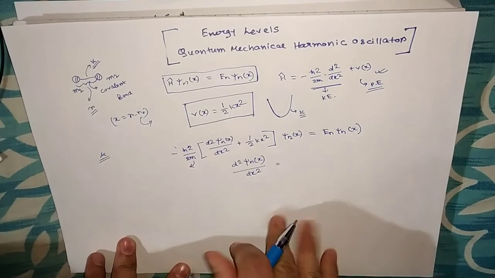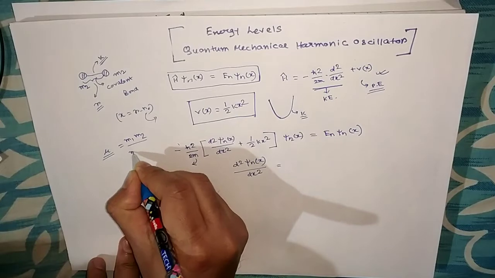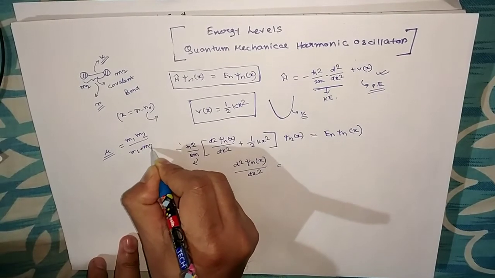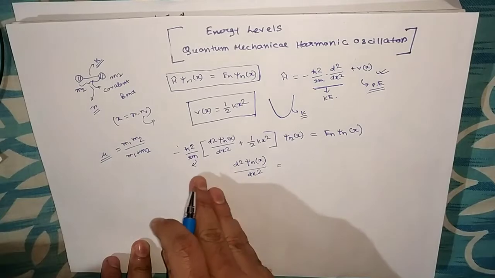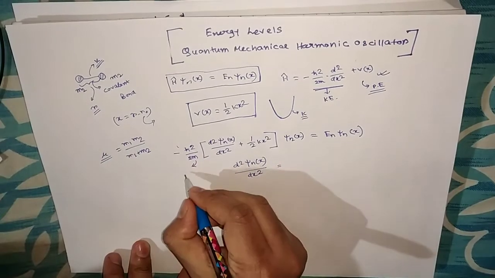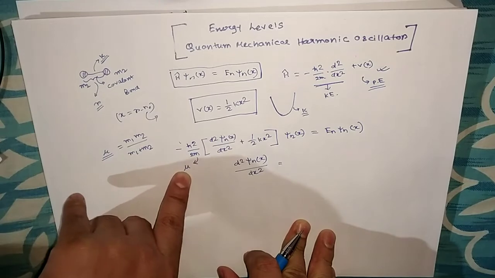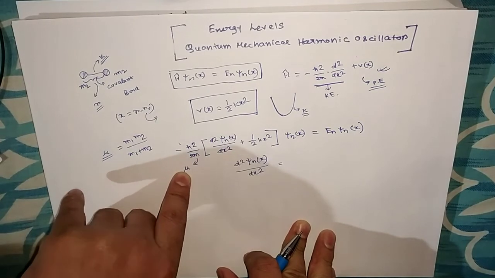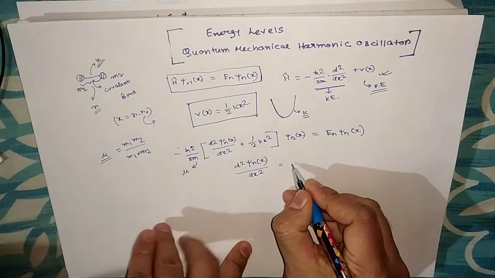The expression of the reduced mass is m1 m2 by m1 plus m2. So instead of taking m, we will take the reduced mass mu, and I have replaced m with mu. So the equation can be rearranged into